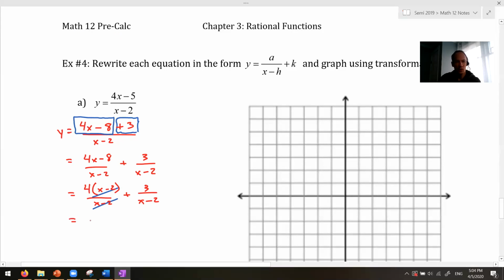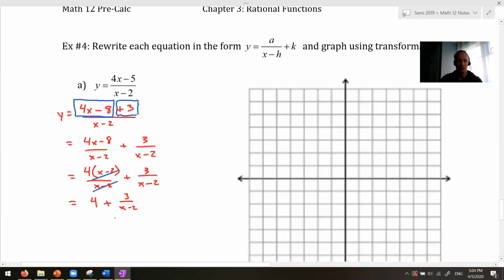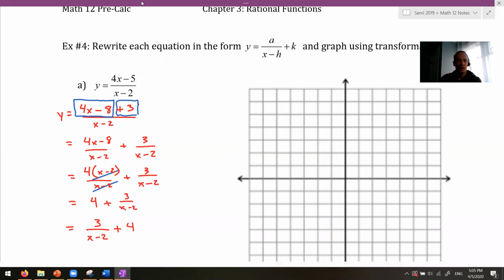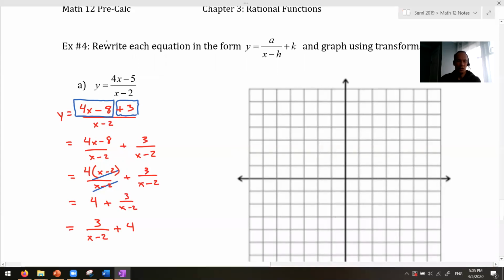So this can be rewritten now as 4 plus 3 over x minus 2, or if I want to really make it look like my standard equation, I can write it as 3 over x minus 2 plus 4. That is a much more helpful way of looking at this equation. And now,